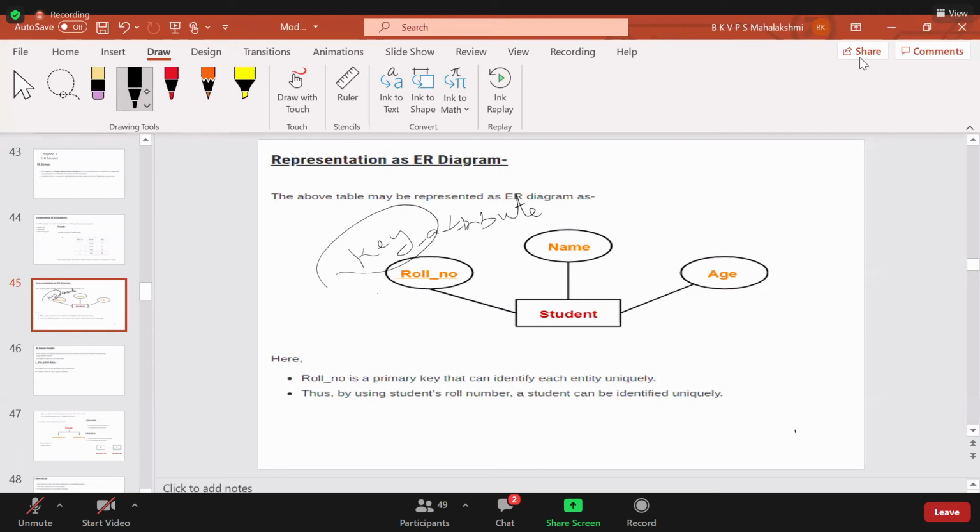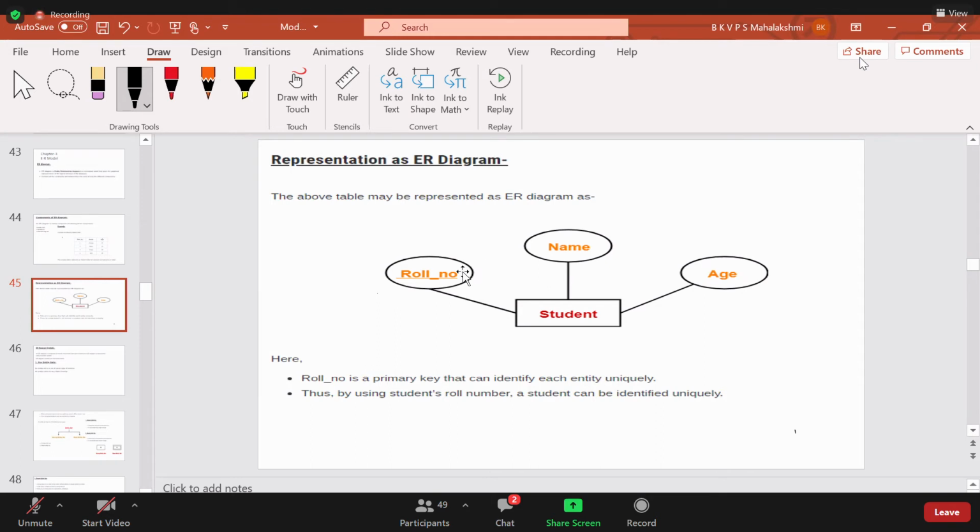Sorry, I'm writing with the pen. If you are not able to understand, ask me one more time. Then this is a key attribute, and these are the other attributes, but they also have some names. We don't have all the attributes of a similar type; every feature of you related to the academics has a separate type. That we will discuss.